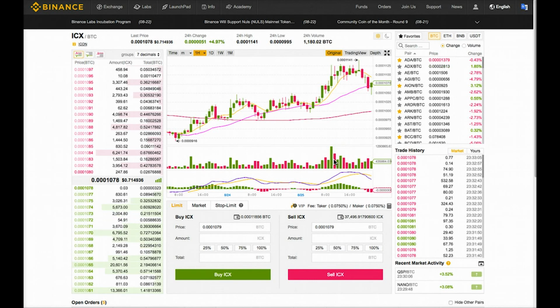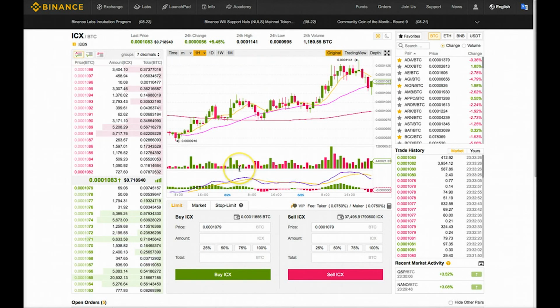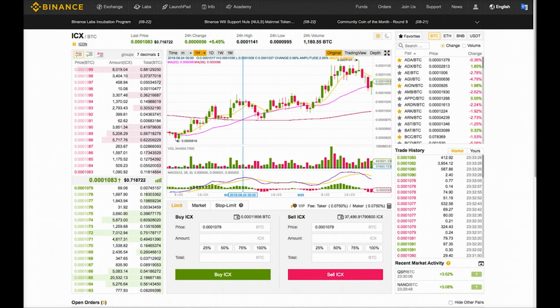And if you scroll your mouse over, you can get more detailed info, just like if you scroll over any part of the charts, as you can see. The part of the chart right underneath the trading volume is the MACD, which is a technical indicator we can use to help us judge when it's a good time to buy or sell. I'm not going to go into deeper detail about all this now, however. You will get all the details you need on how to properly read all of this and use it to your advantage in the technical analysis section of the course.